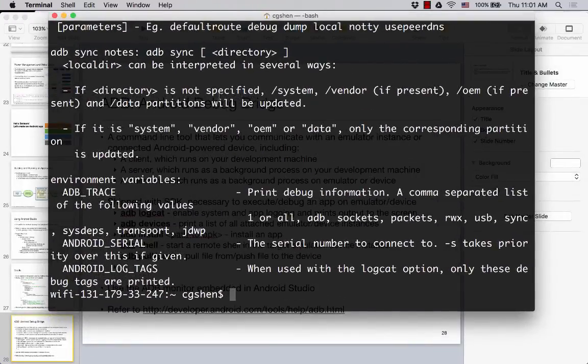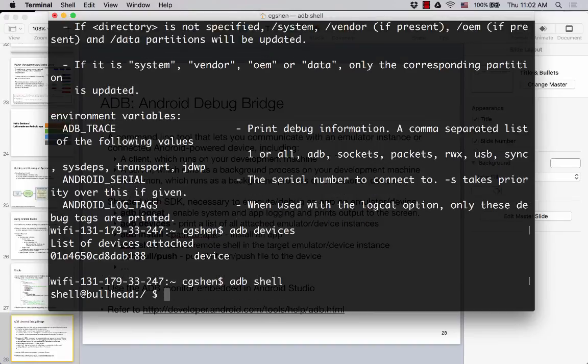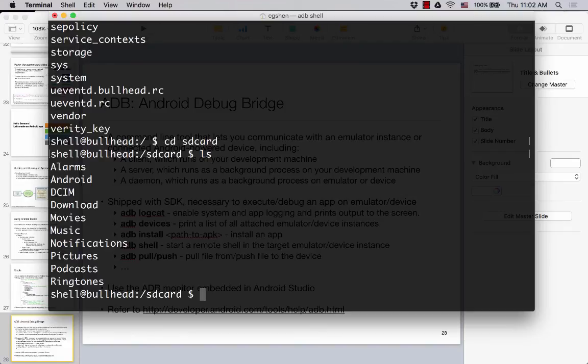There are several things you could do. You could do adb devices. Right now I have a device connected to my computer through USB, and I have turned on USB debugging. So you can see this device here, and you can also access the file system with it using adb shell. And this blue hat is the name of the device. So right now I'm in the Linux file system of this device, and you can also check out the SD card, and if you have some files here, you can look at those files, and you can also display